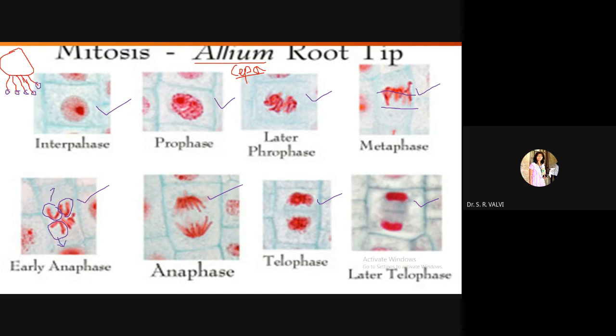So likewise they are moving towards the opposite pole. So this is the early anaphase. This is again clear cut, it is anaphase. This is the late anaphase where these chromatids are placed towards the opposite pole. And now here you can observe the cell plate which is going to form over here. So we can say this is the telophase of that particular cell, and now it has finally undergone completion. Now see here there is no chromatid-like structure here. Now you can observe the chromatin structures. So you can say this is the late telophase of that cell.